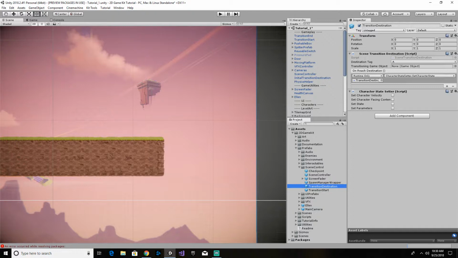You add a transition to the scene, open that scene, navigate to the project window, go into, once again, prefab scene control, select your transition destination, and place it in the scene. First, you set the destination tag to a letter. Here's your destination tag. Set it to a letter because your scene could have more than one